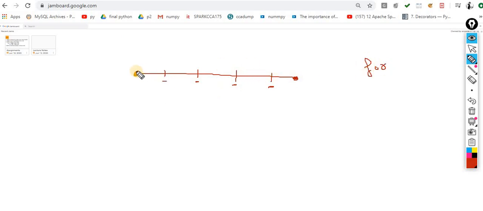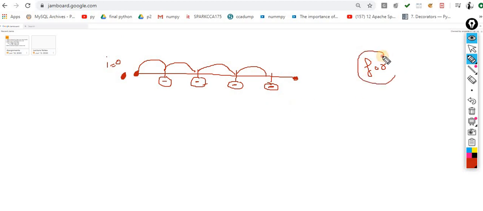Very easy. What will you do? You stand over here and you start. You set the initialization over here, let's suppose i is equal to 0. You are standing at the 0 location. On one location you have to perform this task, on another location you have to perform the same task, on another location the same task, and on another location the same task. So this kind of scenario can easily be handled with the help of the for loop.